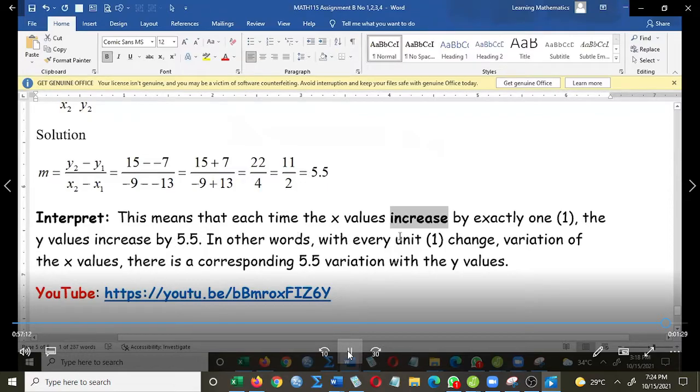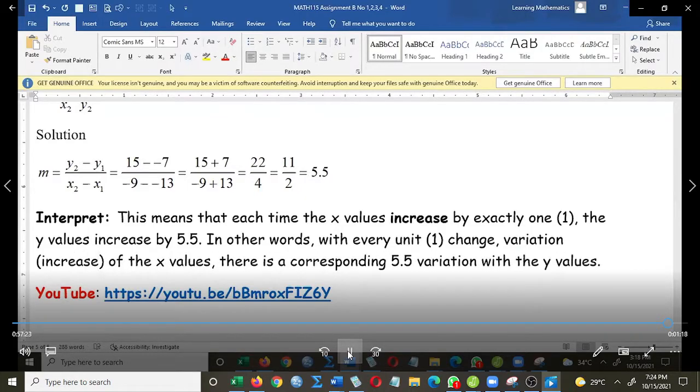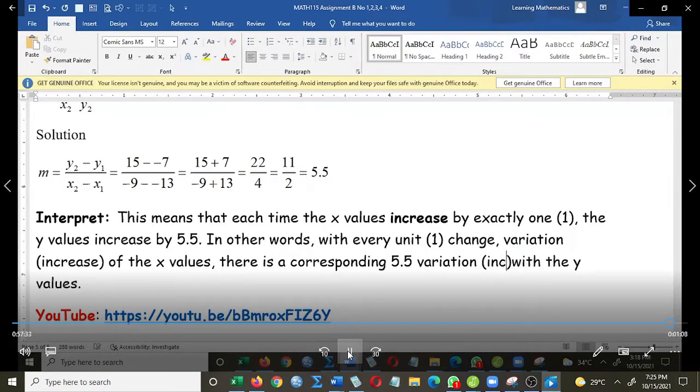In other words, with every unit 1 change, an increase of the x values by 1, there's a corresponding 5.5 variation, an increase also because it's positive, with the y values. So